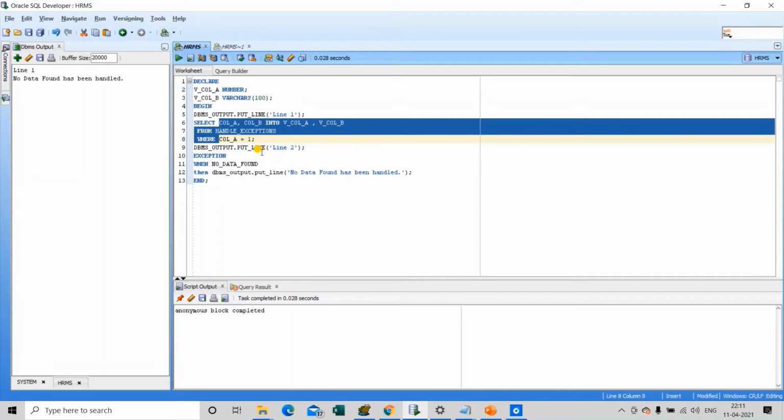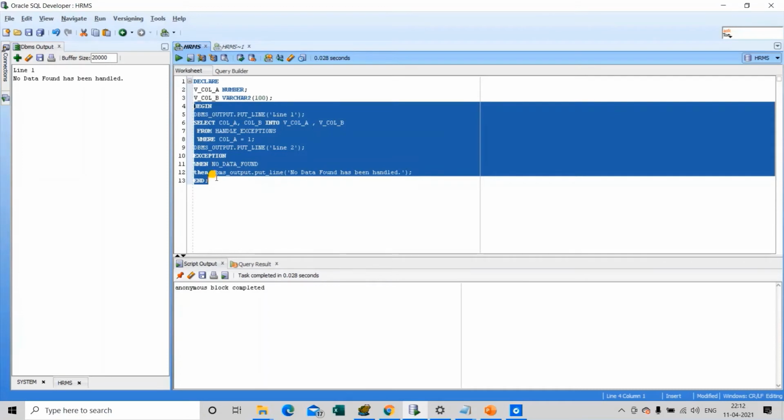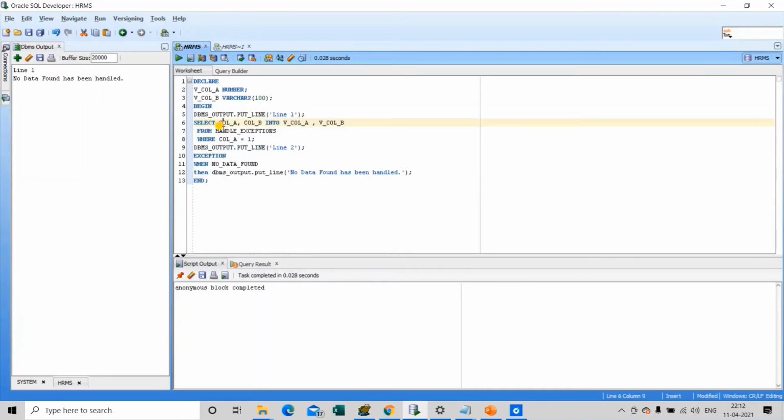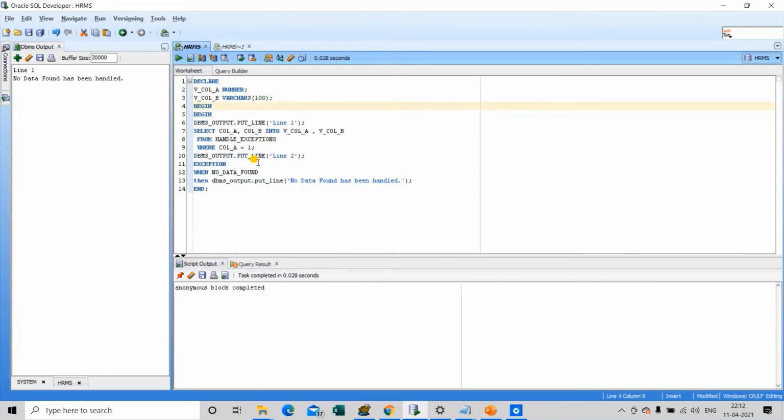So this way we are able to handle the exception in our code, and we are able to run the program without any failure. As you can see in this case, line number 2 is not executed. This is because once the exception is raised by the PL/SQL code, the command goes to the exception handling part, and no command is executed after that. Suppose this particular begin and end block is of type nested, then we are able to execute those lines that are outside the nested block.